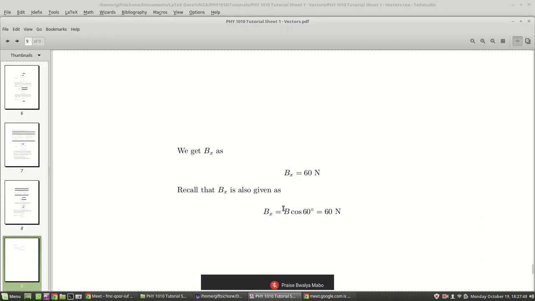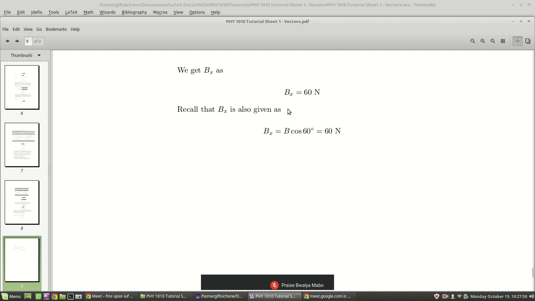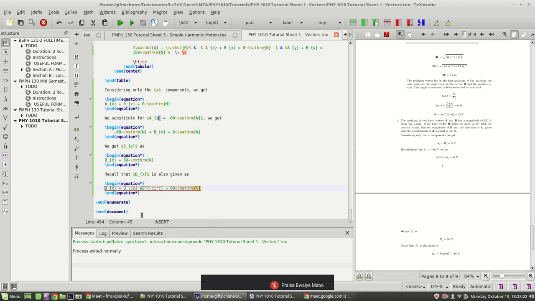Do you agree with this? This Bx is equal to 60 newtons. Then from the table, B cos 60 is also equal to 60 newtons, like this. Do we agree with this? Yes. Okay, therefore